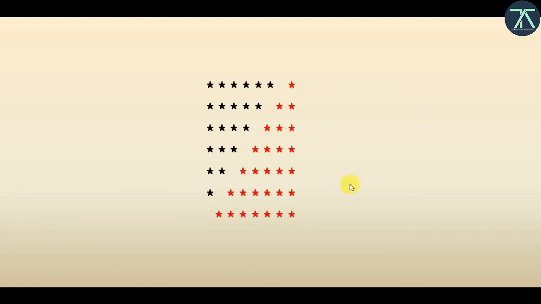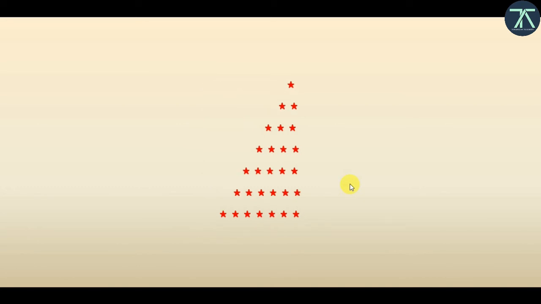In step 3, we are going to remove these black stars from the raster. In programming, we can't remove just like that. So instead of removing, we are going to print space instead of these black stars. Okay, so now at the end, our right angle triangle will look like this. So let's see how we are going to achieve this in code.